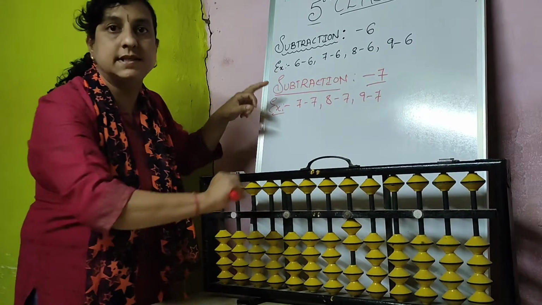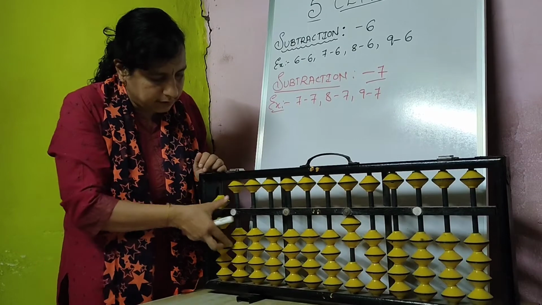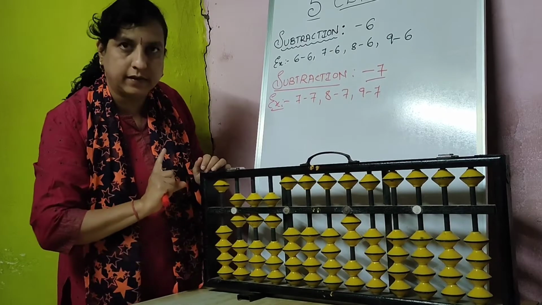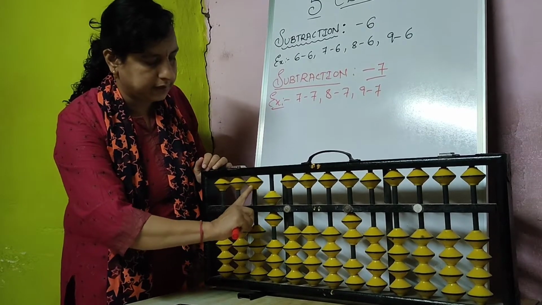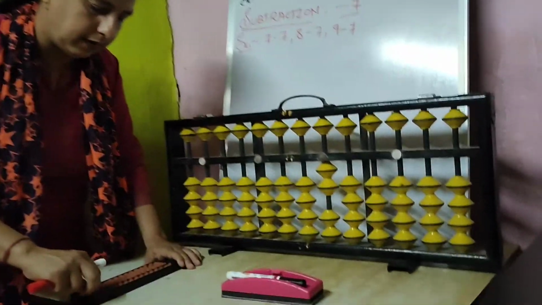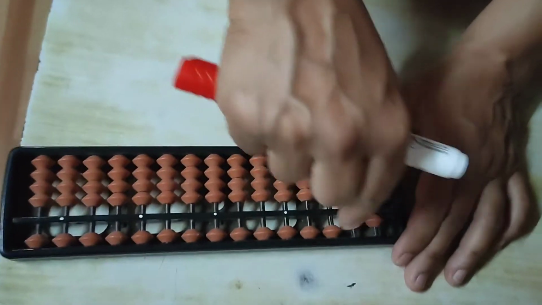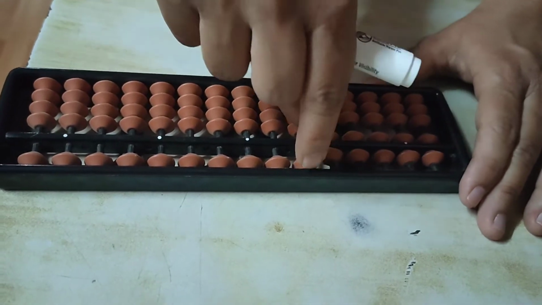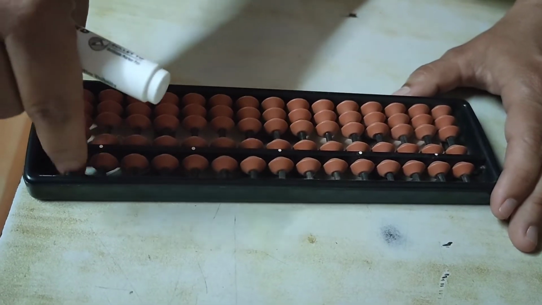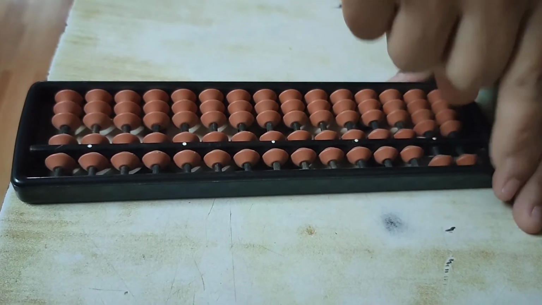Say -6. -6 like full complete abacus. First you have to do +6. Then how to do -6? One more time I'll show you. See, this is +6. Okay. Then -6 means like this. -6, -6, -6. After practicing you'll get that. In this small abacus I will show you how to do. First clean the abacus and do first 6, 6, 6. Like this complete abacus you have to do. When you are doing +6, say 6, 6, 6. And when you are doing -6, you must say -6, -6, -6. Like this.